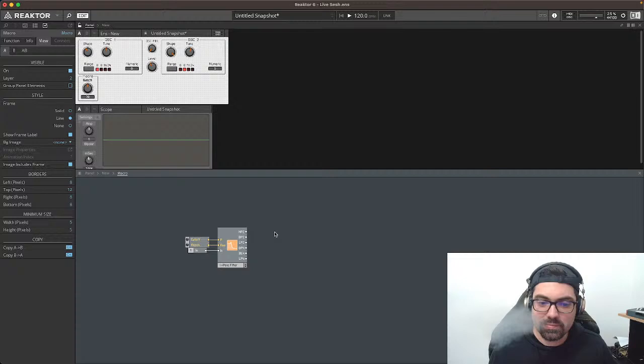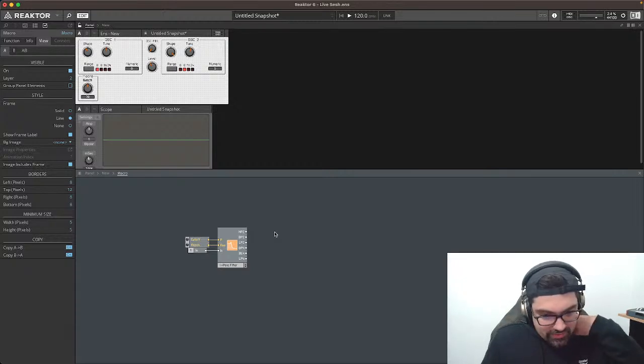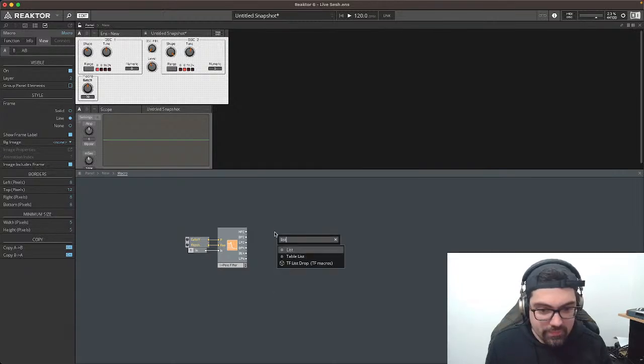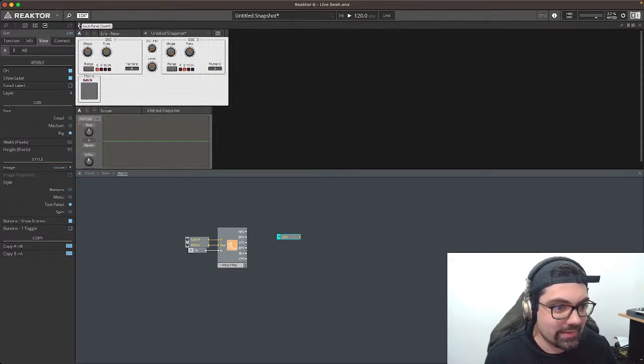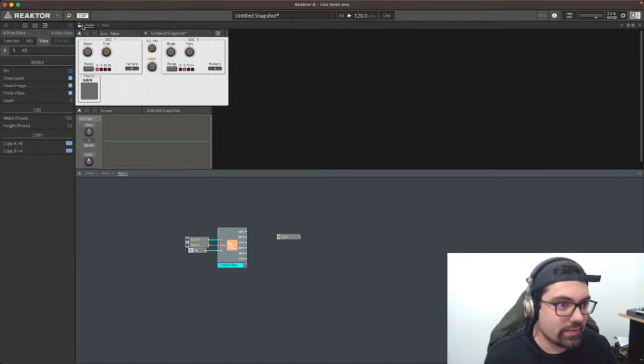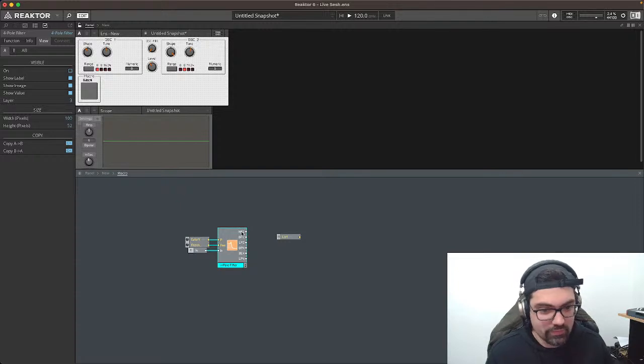We also need to create a list so we are able to select which filter we want. We can get a high pass filter, 2-pole, band pass filter with 2-pole, low pass filter with 2-pole,